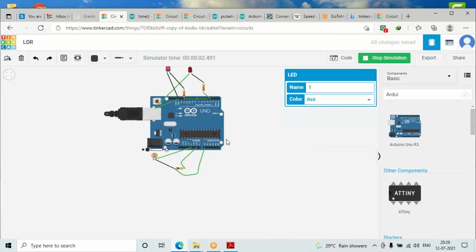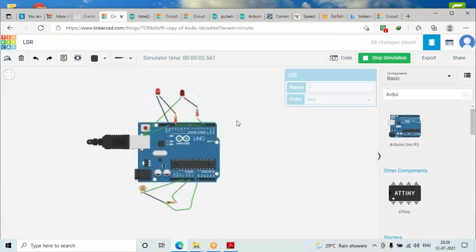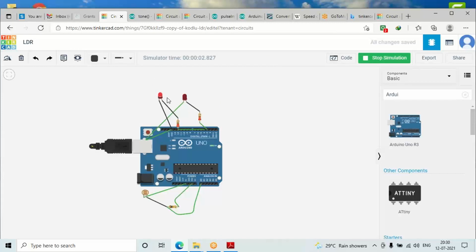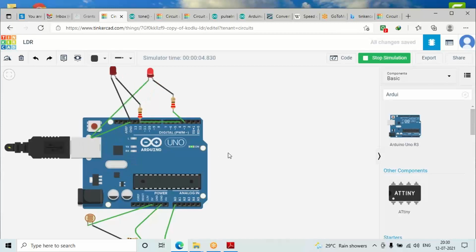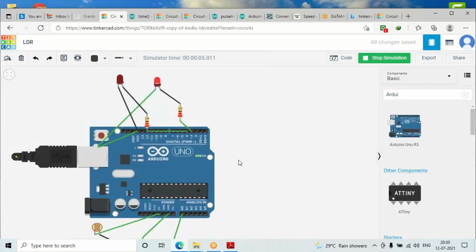So just to make it easier, I'm taking both LEDs as red so that you can distinguish and understand. I have executed the project. You can see one LED is on now and the other LED is off. When I move from one end to the other end, you can see the LEDs are switching from on to off. You can observe carefully. If you're not able to observe carefully, just listen to me, and I'm zooming in a little bit so that it will be visible to you.